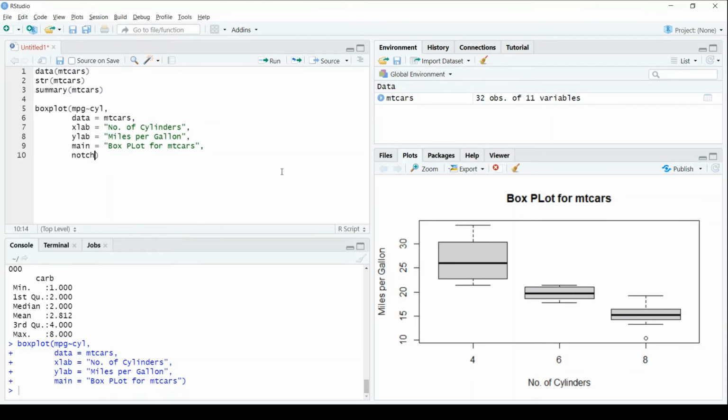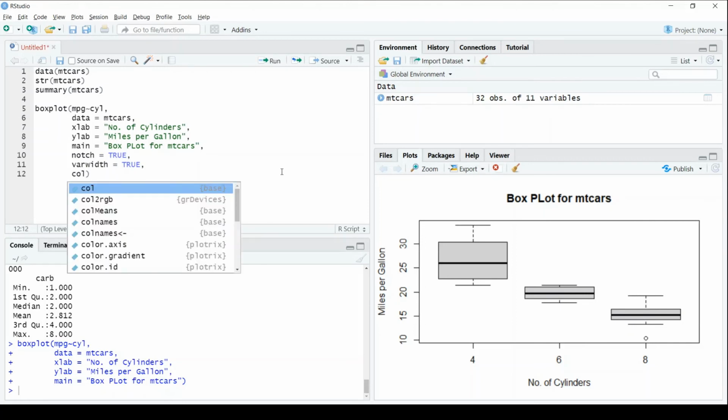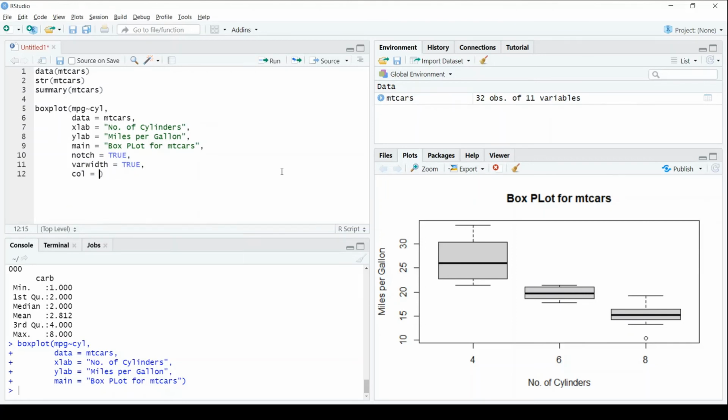You can also have a notch. I'll give the width for that variable. We'll give some color also. Now we'll divide it into three different categories, as we have here 4 cylinders, 6 cylinders, and 8 cylinders, right?